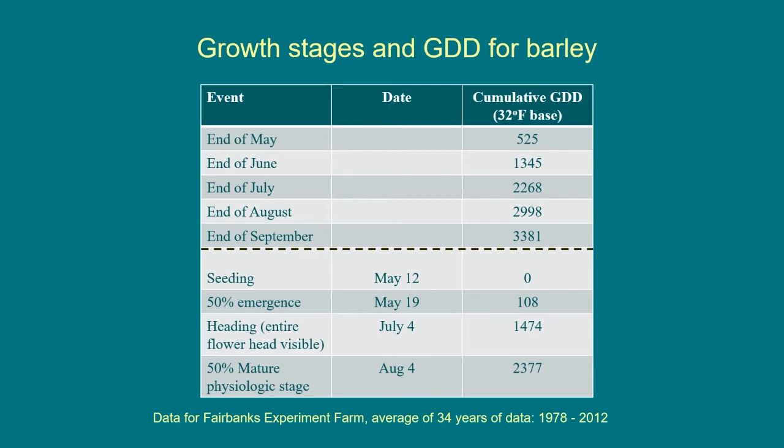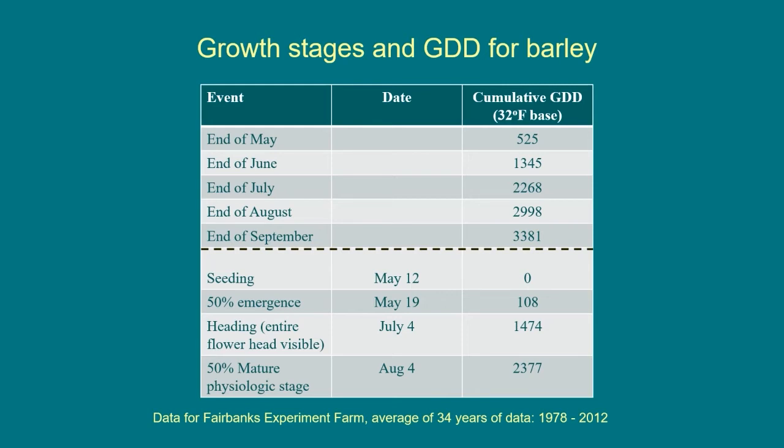Is the combine working properly? Is there enough labor available? In the chart, the growing degree days at the seeding date of May 12th is set to 0. Under optimal growing conditions, soil moisture, fertilizers, proper weather, it takes 5 to 10 days for barley to germinate and